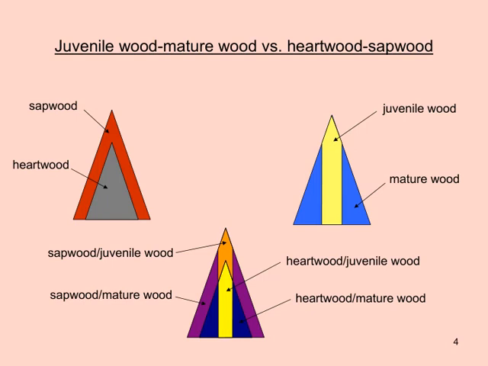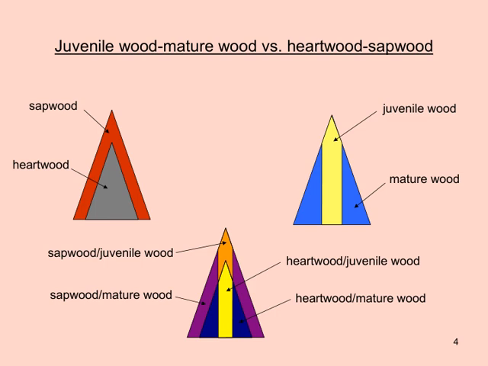Let's take a closer look at the different types of wood we're dealing with here. First, we have juvenile wood and mature wood. Juvenile wood is the early growth wood, which tends to have different properties compared to mature wood, which is more developed and stable. Then, on the other side, we have heartwood and sapwood. Sapwood is the outer, living part of the tree that conducts nutrients, while heartwood is the older, non-living central part